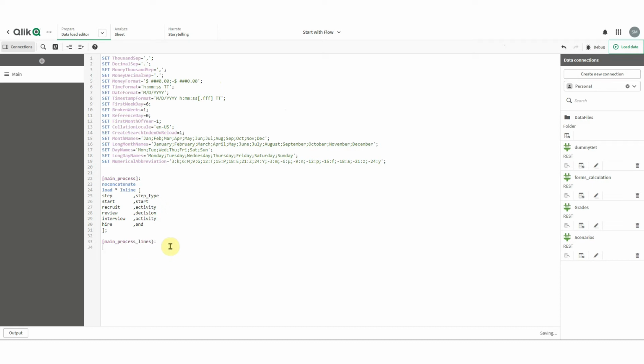As I mentioned, the only thing that's required is to define where the line should start, like step from, and where the line ends. So from start to recruit, from recruit, review,